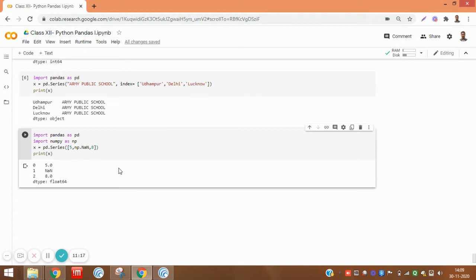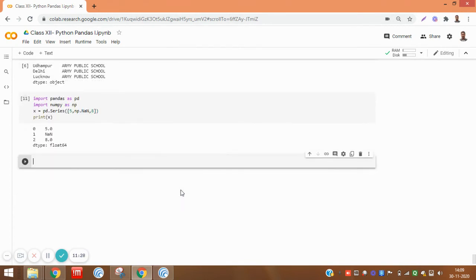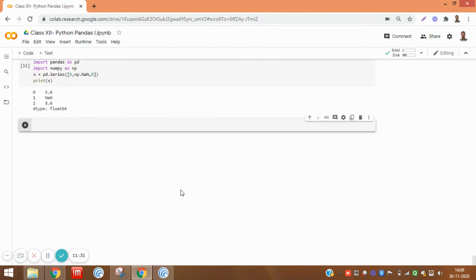Okay. Now we can also specify indexes as well as data with series. So how we can specify indexes as well as data as series? We create the data as well as object index as list. So suppose we are taking the month name, so we take the days in month, like that.